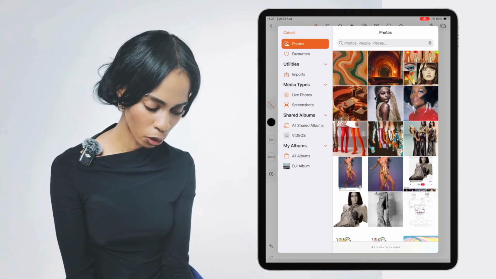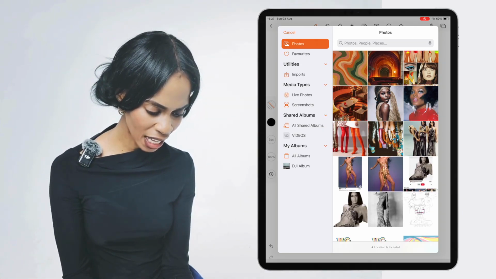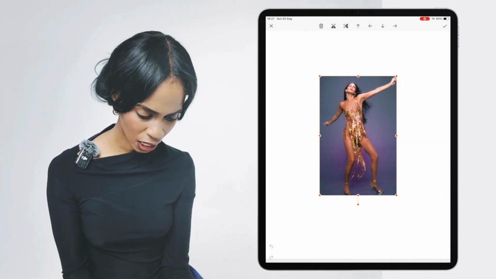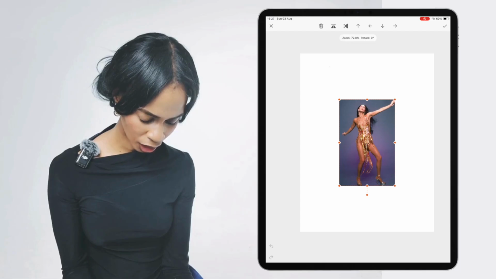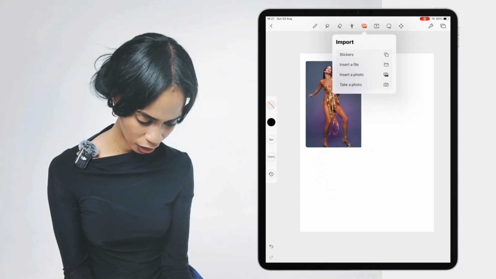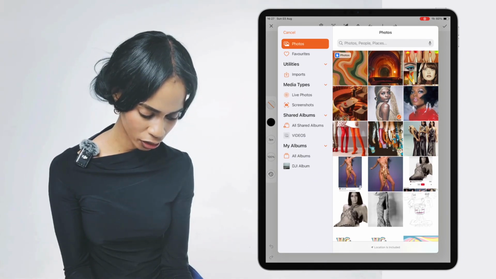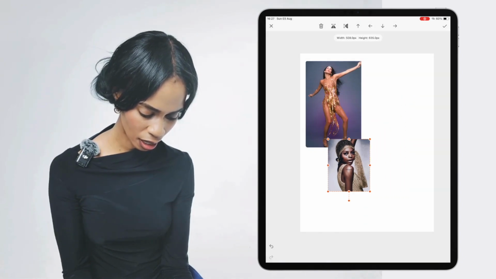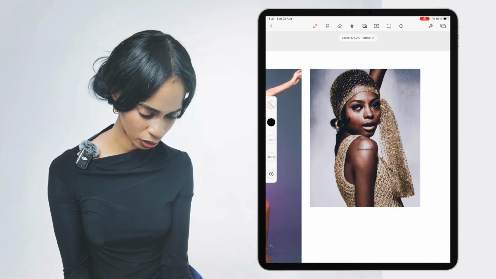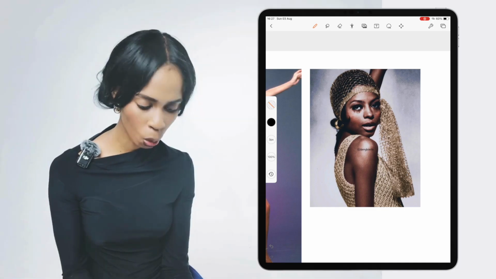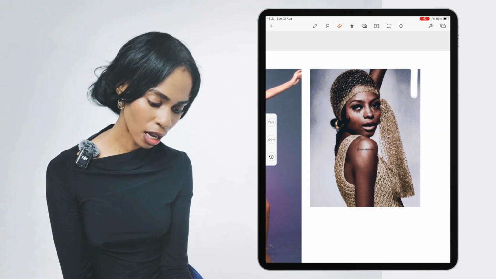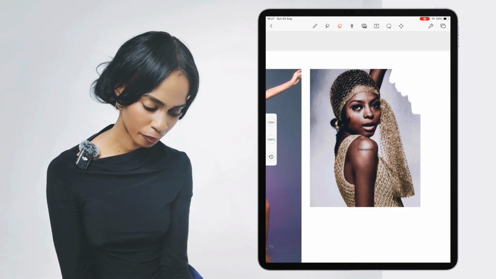So the first thing I'm going to do is add the pictures. First, we're going to add the divas. And I want to add the full, let's see, yeah. We're going to have them match. So let's use Cher and Diana Ross. Okay. So what's nice about mood boards is that you can eliminate some things, like remove the